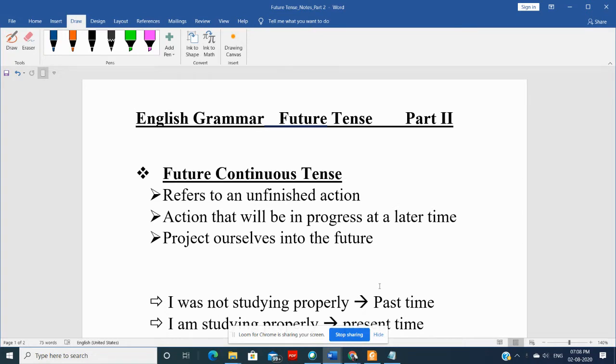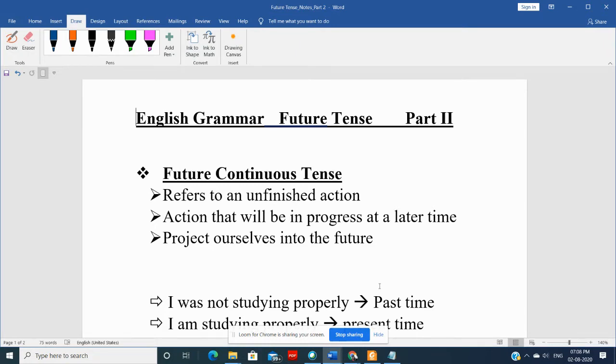See, we know that whenever we speak, sometimes we need to speak about progression of activities, that is continuation of activities. And at that time, we use continuous tense. All right? If that continuous action we are referring to is in the past, then we use past continuous tense. If that continuous action is going on right now when we are speaking, it is present continuous tense.